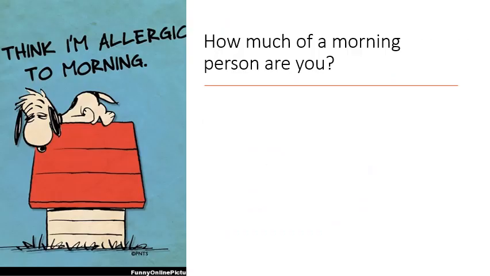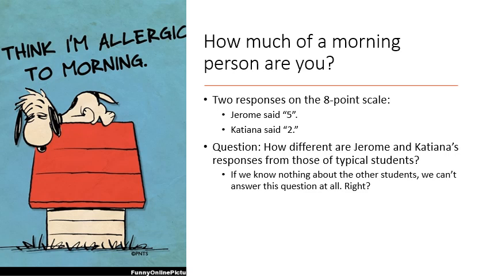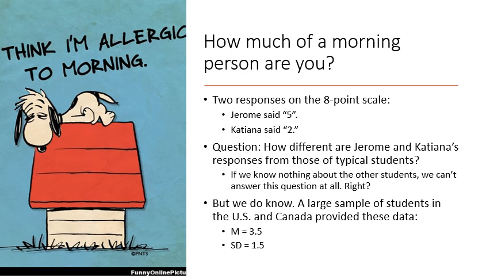So here are our 2 individuals, Jerome and Katiana, with their responses of 5 and 2 on this 8-point scale. And so what we want to know is how different are Jerome and Katiana's responses from those of typical students. If we don't know anything about typical students or about the other students, we can't answer this question at all. However, if we have information, and in this case we do,